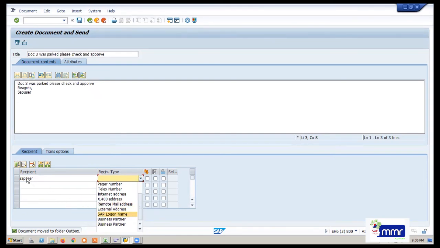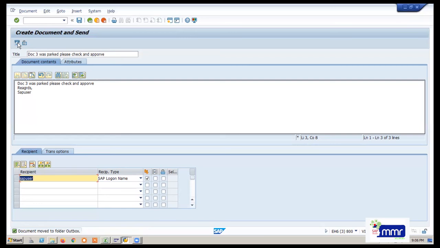That user ID, if you give here, you have to give the SAP logon name. Then there is an option to express email. It will be sent. You have to select these three options. You give the title and write the message, explaining clearly whatever you want. Then to whom you are sending it, you have to give that person's SAP ID here, and select that SAP ID is a logon name for him in SAP. So that logon name you have to select here, and express email you have to select.